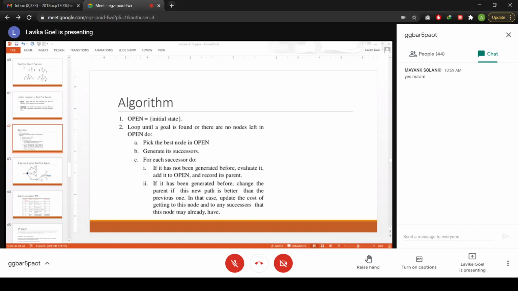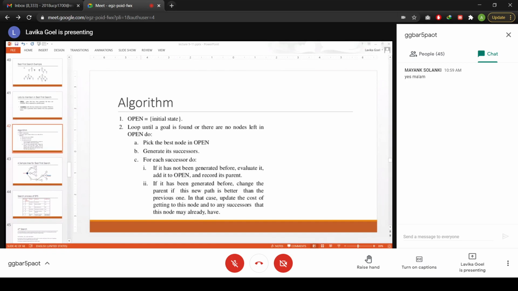So that duplicate node might exist in the open list or in the closed list. In any one of the lists, it can exist. That is why we need to check both the lists, the open list and the closed list, in order to find out whether a particular node is a duplicate node or not. So that is why we need the closed list, right?